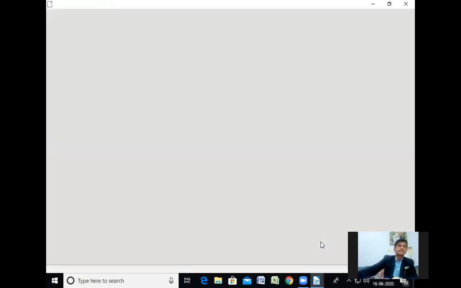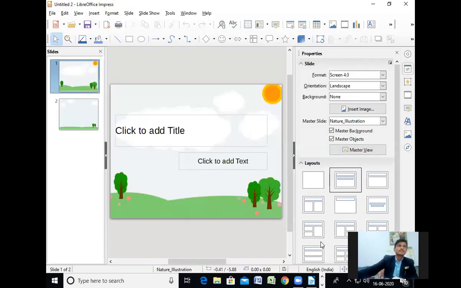You will get one template. See, this type of template you can create your own for presentation. Now, how to create a template I already told you. Now next point, creating a template from a document. You can create a template from a document also, directly from the File menu to the New option. In the same way you can create different types of templates. Now I will show you the first point, creating a template from a document.